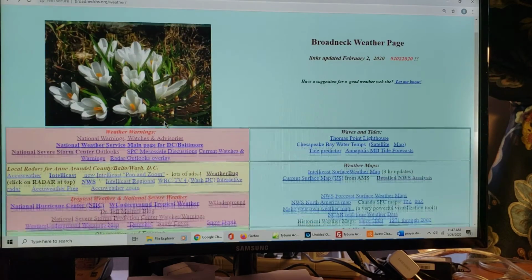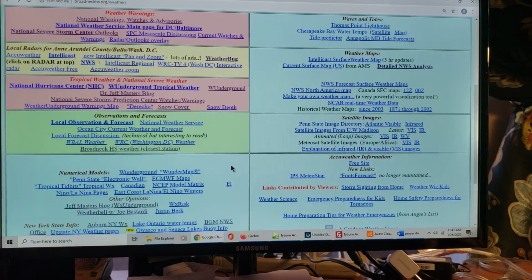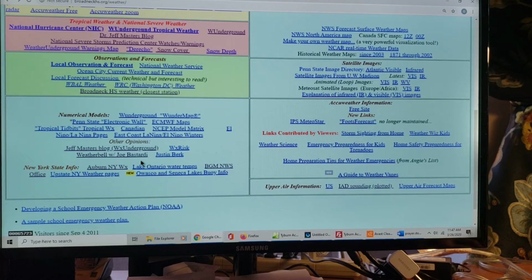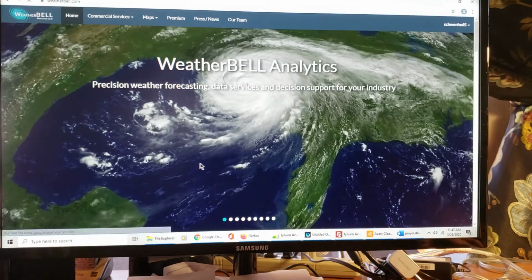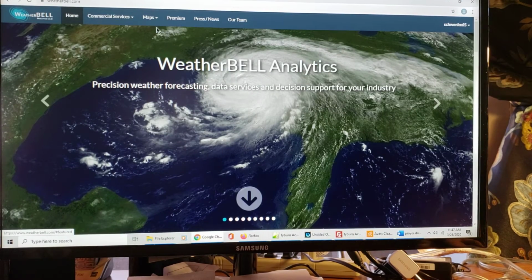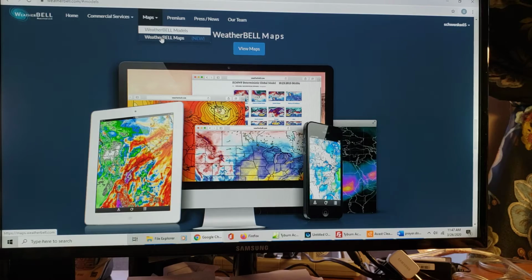And the next thing we might look at would be the upper level maps. I like to go to my site that I do with AccuWeather, and this is a paid site, but it's interesting to look at, and I do pay for it every month. So we log into this site. It just has a really good display of maps. So I'll jump to their maps.